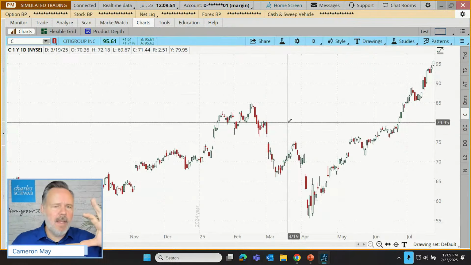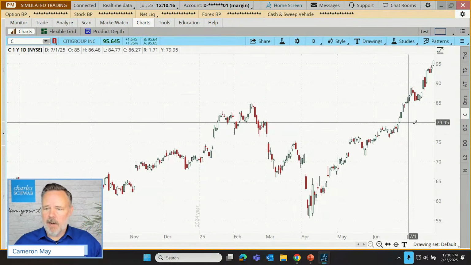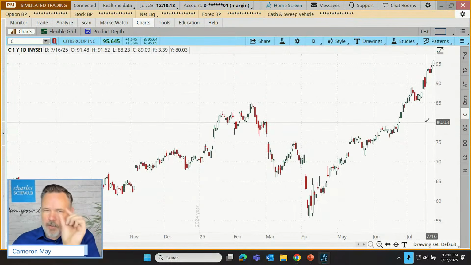And then finally, we have something called the Y value. And the Y value is just really wherever the tip of my cursor is at that moment. So if you look at the little crosshairs where my cursor is positioned and you follow those off to the right, you'll see in gray it says 79.95. Well, that's just because my cursor happens to be sitting at the 79.95 level. I'm going to go over here to the right so we can get a closer visual association between the cursor position and the cursor value.